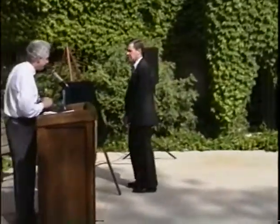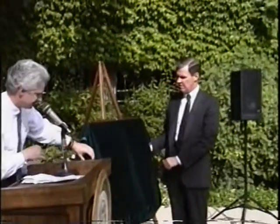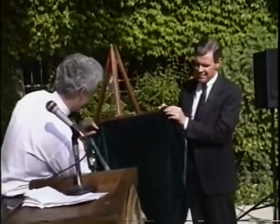So I guess today I'd like to say maybe we can make that story a little bit different. We've got all these people together and we have a chance to really recognize what they did. Steve, it's really a great honor for me to present this plaque to you on behalf of all the players that we've already talked about. So if we could, we'll...